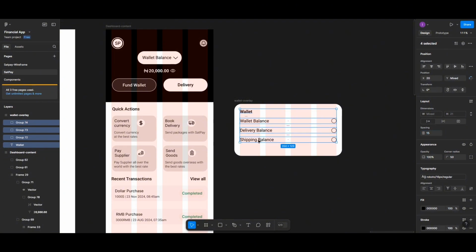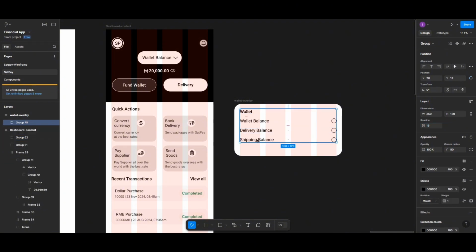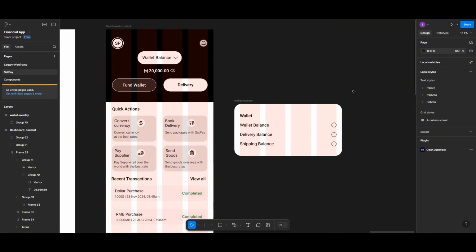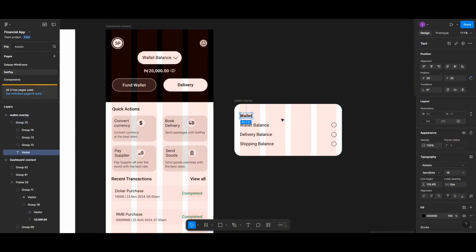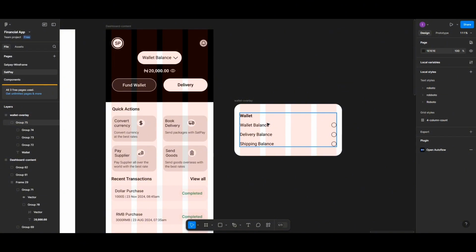So now we're going to select all of them and group them, then we'll put them into the center of the frame like this. Then this is better, right? Okay, so let's add one or two things again. Let's ungroup them, please. We're going to ungroup them